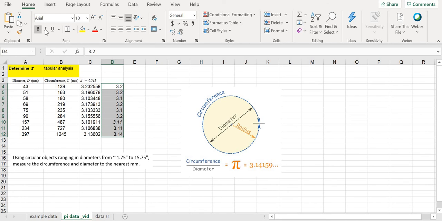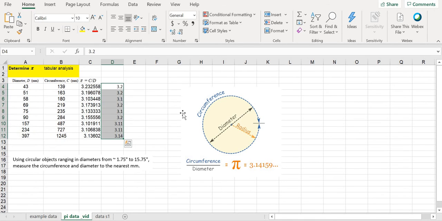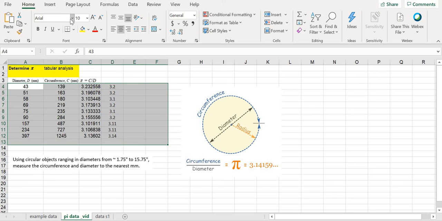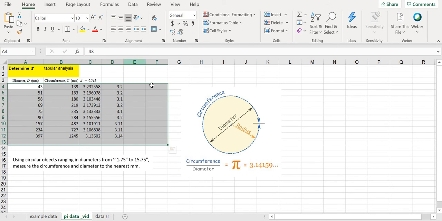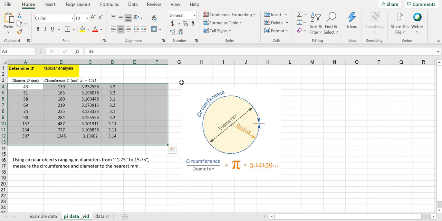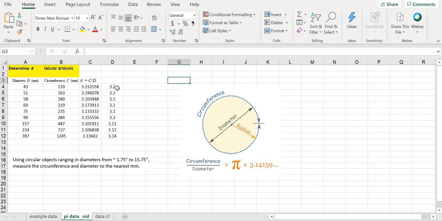Now, let me fix these up. So we don't want to italicize it, and we want Calibri font, let's say. I'm going to put those in the center. Let's make all these the same font. So I'm going to choose Calibri. You can choose anything and center justify. Okay, now these are your experimentally determined values of pi to the proper precision. Okay, so we copy that